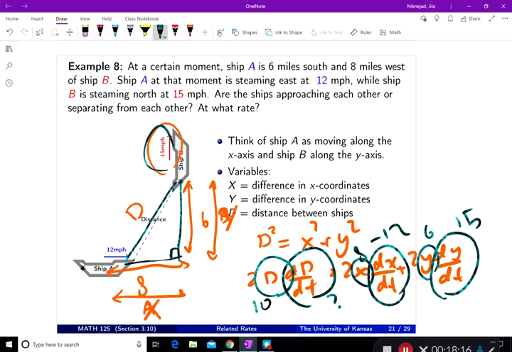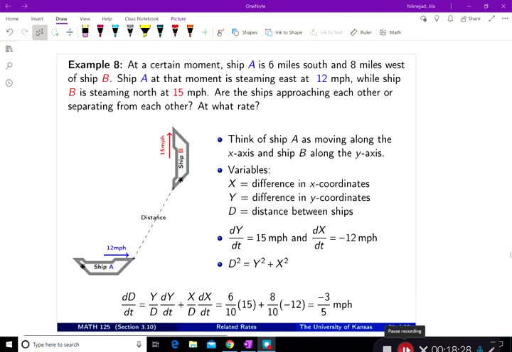And so this is how we have to simplify and evaluate this dd/dt, which dd/dt is going to be negative 3 over 5 miles per